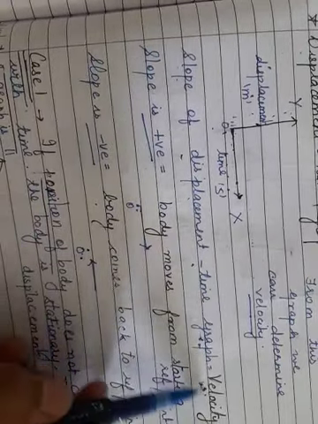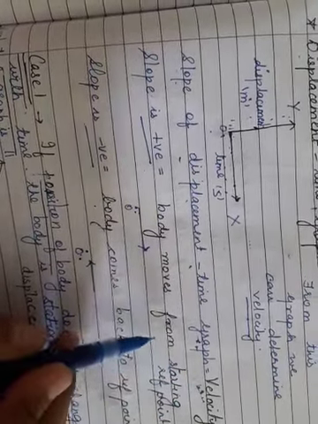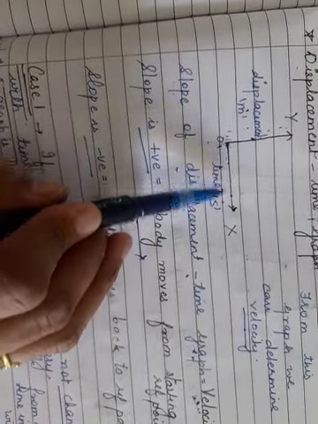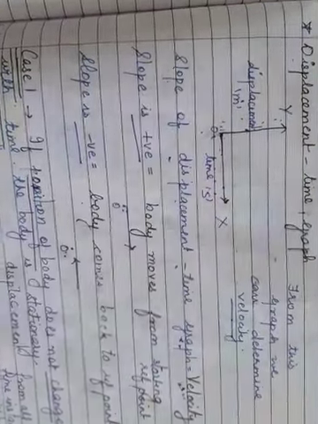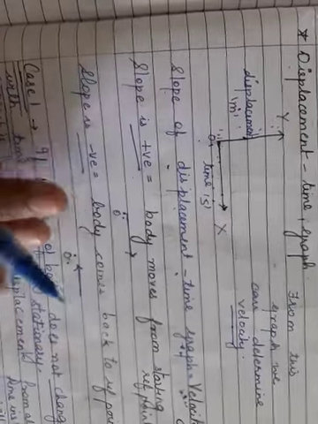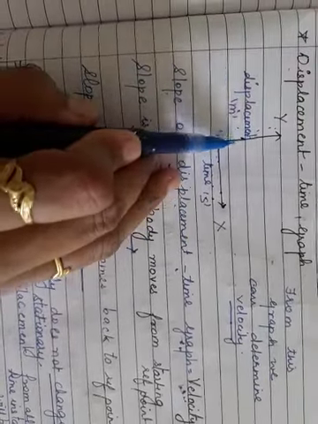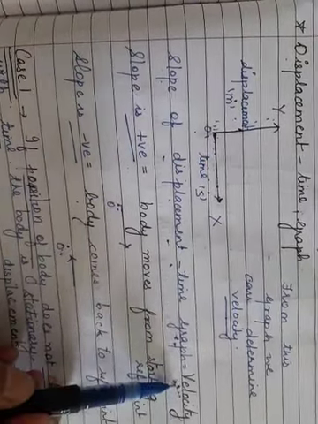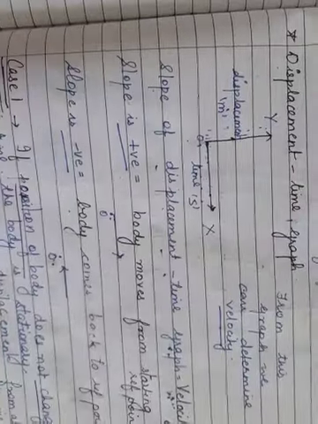What is the slope of the graph? As I told you, the slope of the graph will give me the velocity. The slope is nothing but the change in y-axis values divided by the change in x-axis values. When you study graphs in mathematics, you will study slope in more detail. But for physics, I will just tell you that the slope is two points on the y-axis divided by two points on the x-axis, and the slope of the displacement time graph gives me the velocity. So this is the displacement time graph.